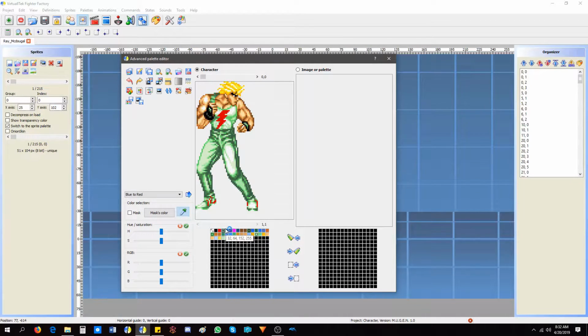Then I have to clear everything. I could clear by just clicking one, or right clicking to clear. The skin I'm going to leave alone. The hair I'm going to change a bit, so I'm going to select the two, left click and drag to select the two. I feel like it should be some more. Like this is yellow. Anyways,